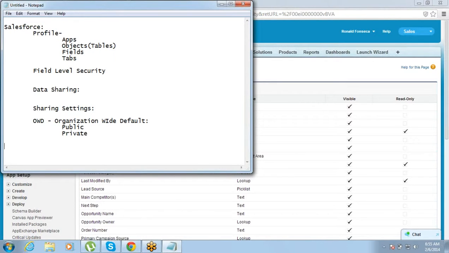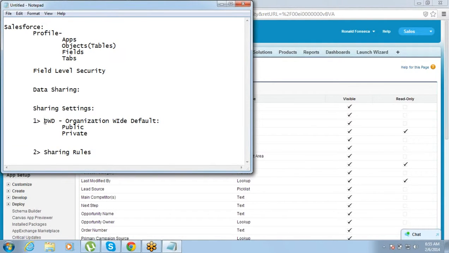So for that we have sharing rules. Sharing rules are the rules which you can define to create exceptions. So under sharing settings, basically we have these two things: organization wide default and the sharing rules.